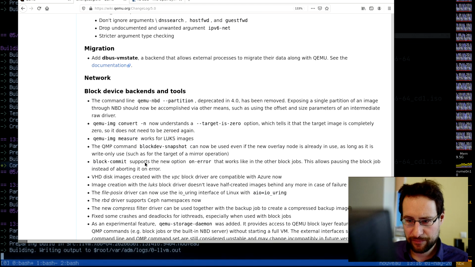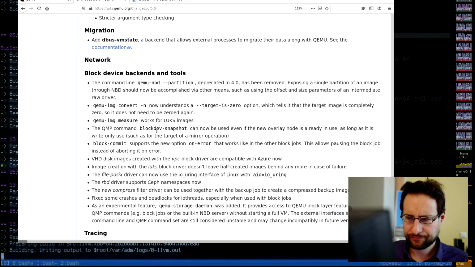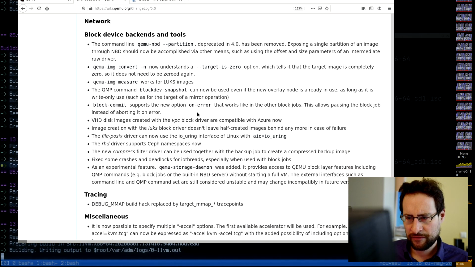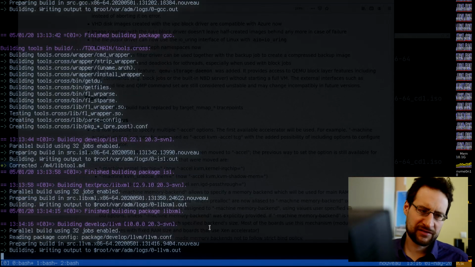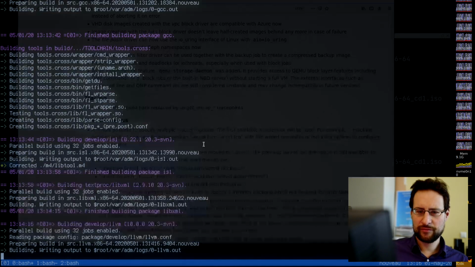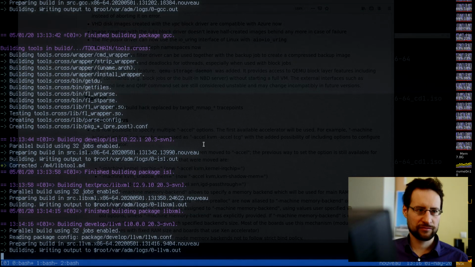So we basically are mostly through it here. Some convert Qemu image target is 0 option, which tells the target image to be completely zero. It doesn't need to be zeroed again. Whatever works for Lux images. Anyway, we had this issue yesterday that the ISO didn't boot at all in Qemu,